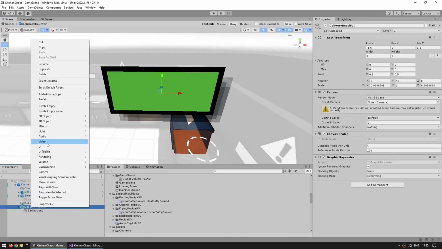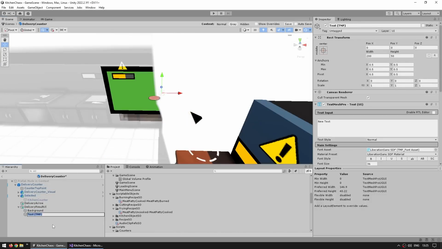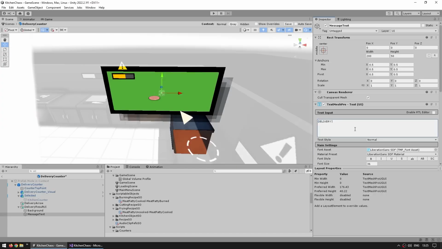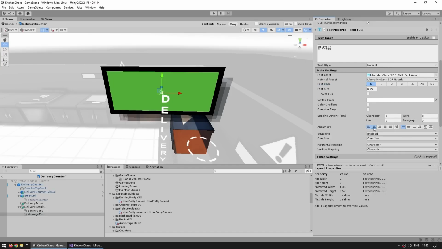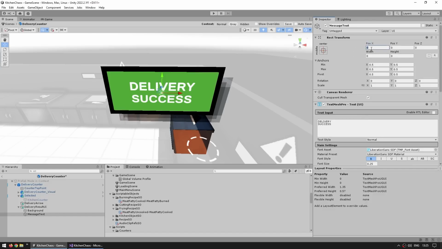Now on top of it, let's create a new UI text. Let's call it the message text. And for the message, we're going to say something like delivery and then underneath success. Let's put it on a width and height of 0. Let's put it on a super tiny font, so let's say just 0.25. Let's put it in bold and put it down center and get rid of wrapping. Okay, that's it. Let's just push it a little bit on the left side, so on minus 0.32 on the